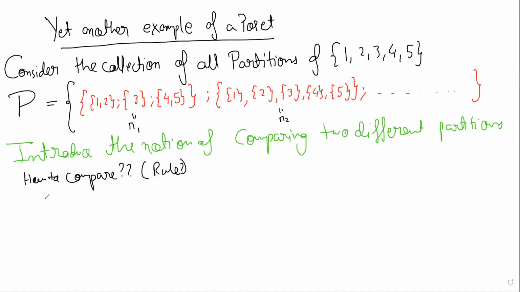Number of groups. Okay. So you're saying that if some partition has more number of groups, then you will call that bigger. Okay, so let's think about it. Let's call some partition pi i and another pi j. So you are saying that we will say that pi i is bigger than or equal to pi j if the number of parts